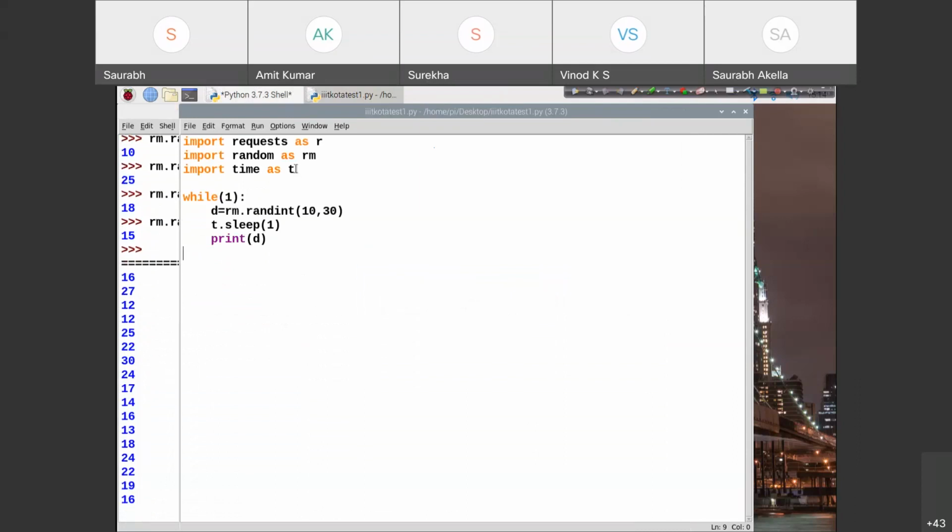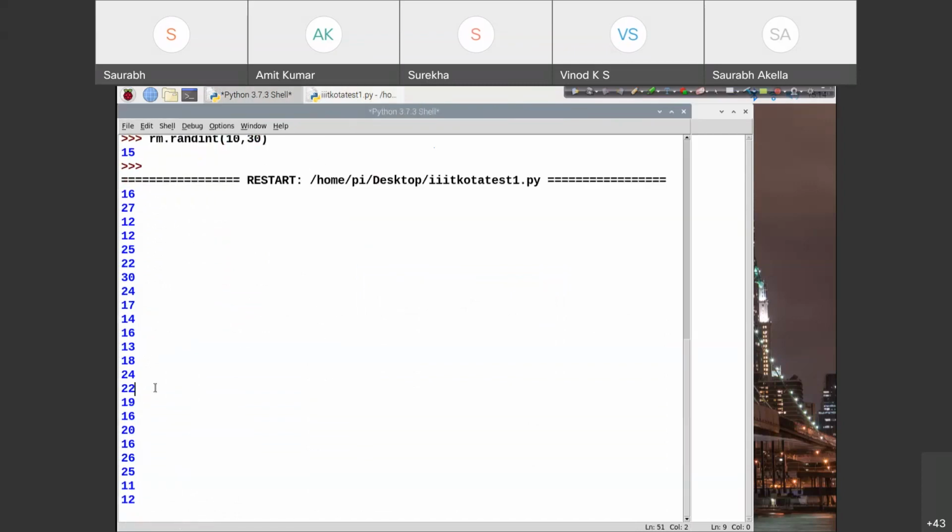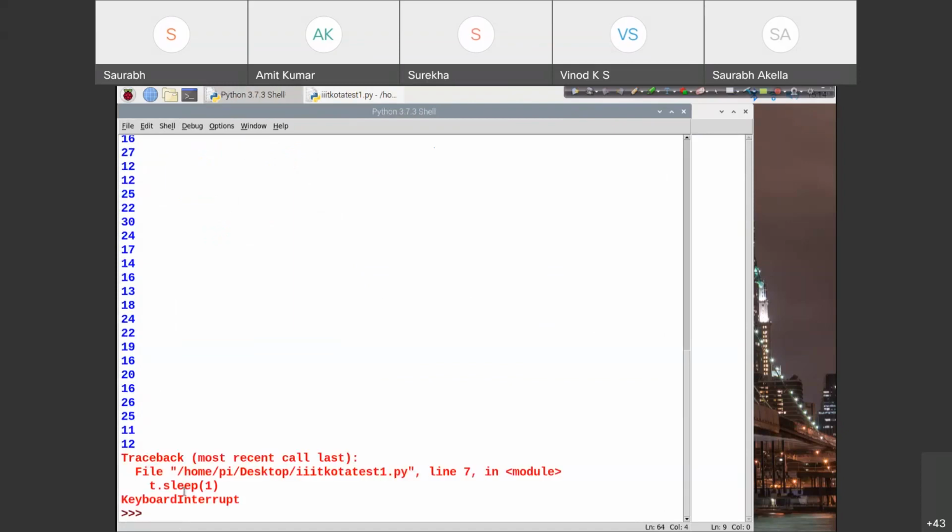Now we want to send this information to a cloud. Let me show you one more thing. Using Control C, you can stop this process, because the program is running continuously.